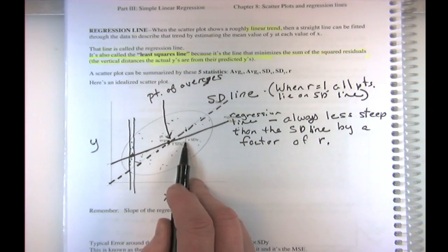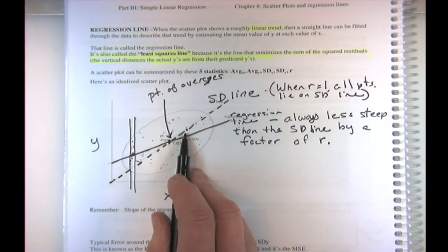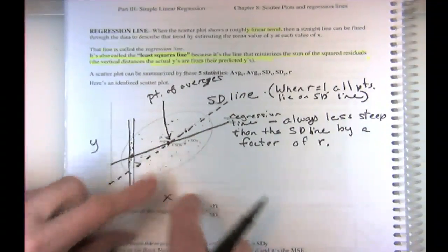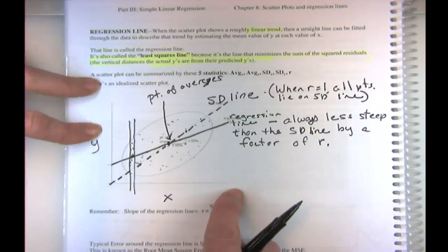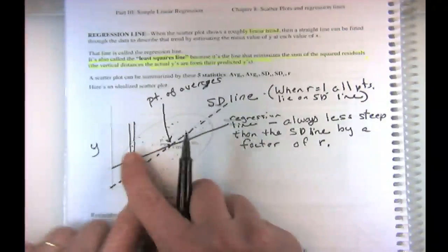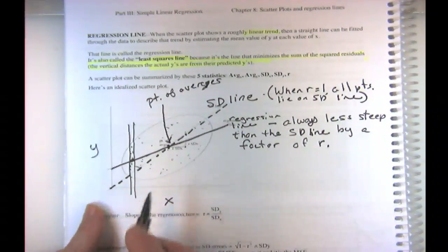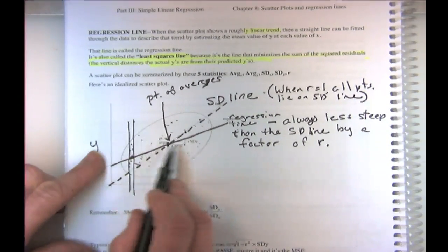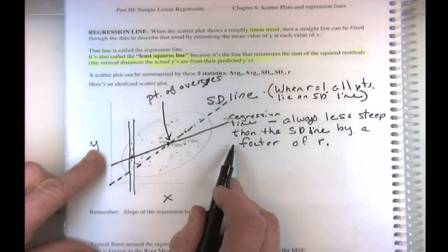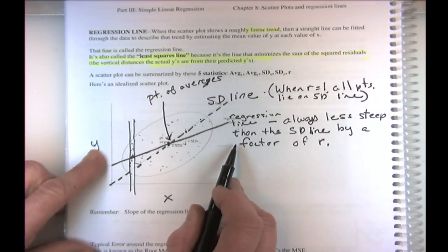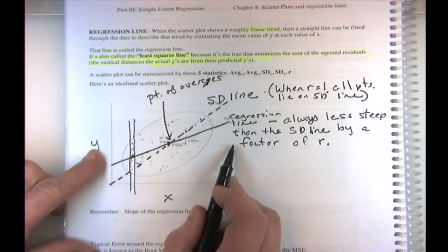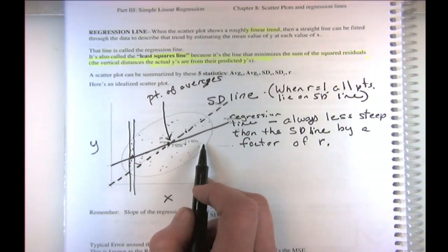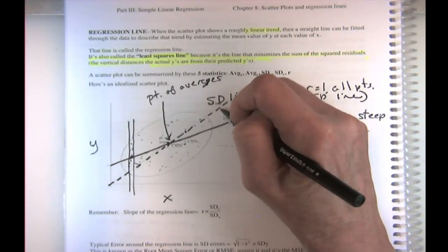So if r is 0.9, you'd be very close to a perfect correlation. If r is 0, that would mean that if this was height and this was GPA, you're going to have random scatter. No matter what your height is, how am I going to predict your GPA any better? So I would just predict the average for everyone, and r would be 0. So we'd have a 0 slope. And so regression is,